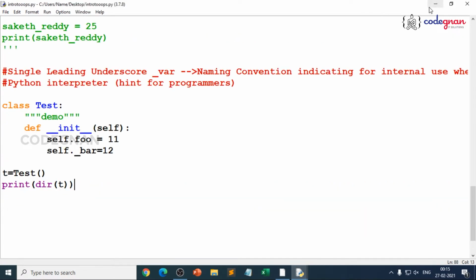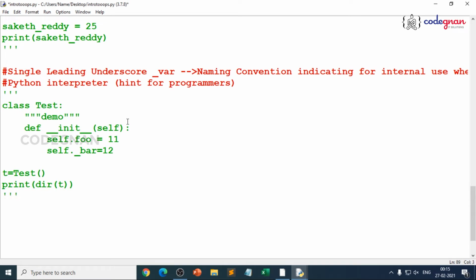It is directly giving the result. There is nothing wrong in writing underscore, because the Python interpreter is not forcing you to do that. It's your interest whether you do it or not, right? So when you write a leading underscore, it is only a naming convention, specially mentioned for the users. This is the second point, that is single leading underscore.